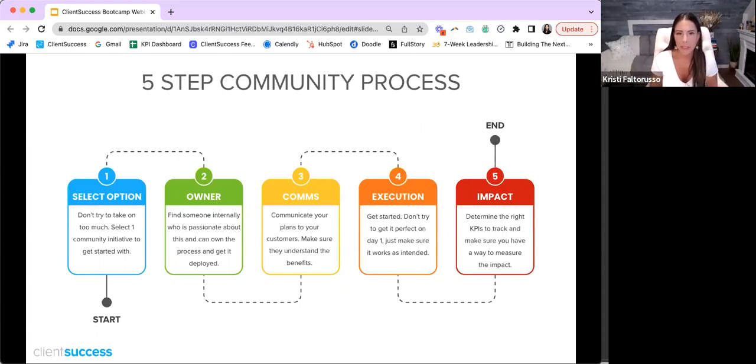Another could be like, hey, listen, we just want to facilitate conversation and dialogue. We want to get people into Slack. And if everyone once a month contributes something, or at least logs in to Slack or reads or engages, great. That's a win for us. That means that they're present, they're engaged, even if they're watching and reading, maybe not contributing, but they're getting their own value from it. So it depends on what you do.